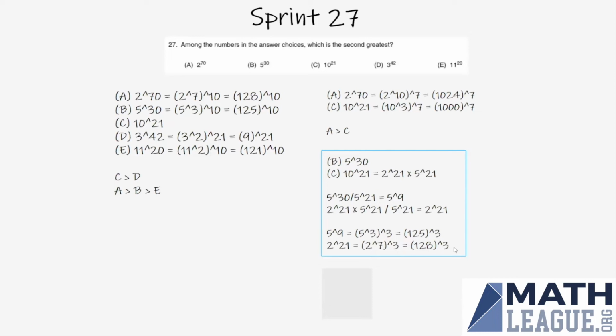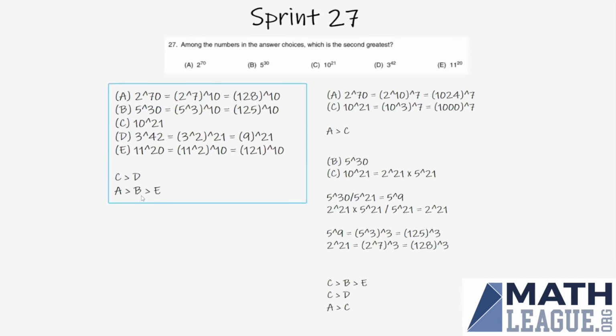And since 128 is greater than 125 and they're raised to the same exponent, then 2 to the 21 is greater than 5 to the 9. So that means that multiplying back by 5 to the 21, the value of C is greater than the value of B. This means that C is greater than B, but from here we see that B is greater than